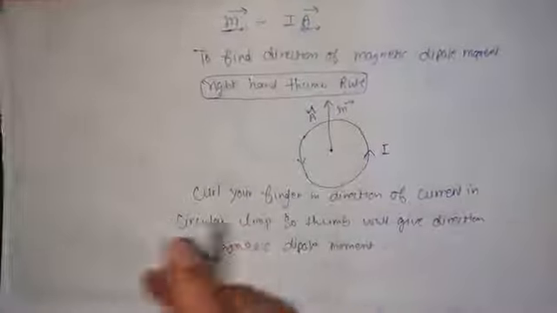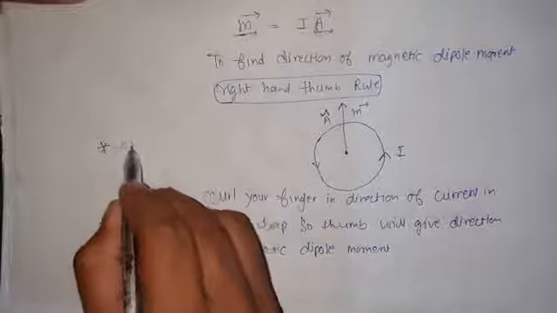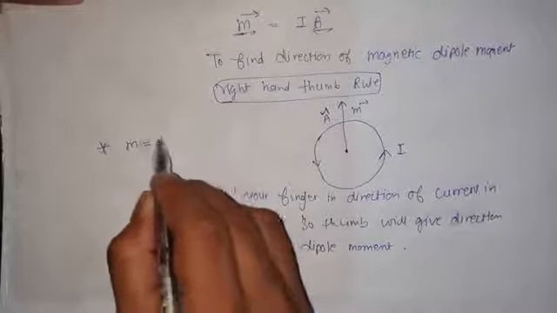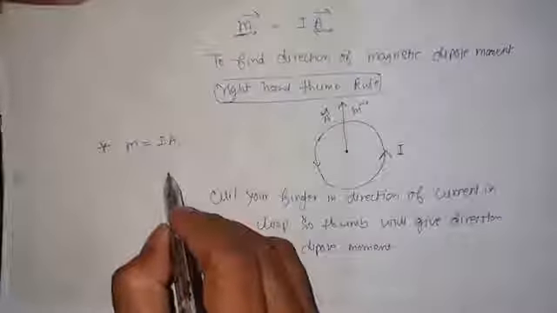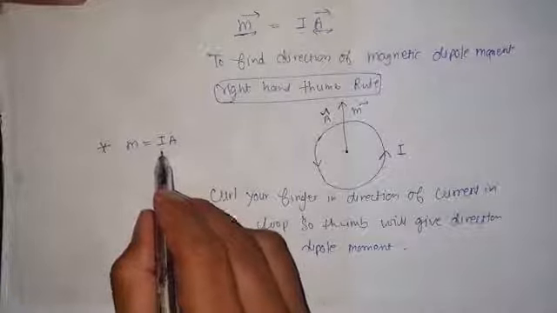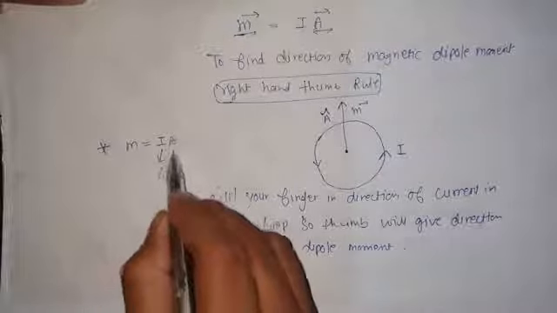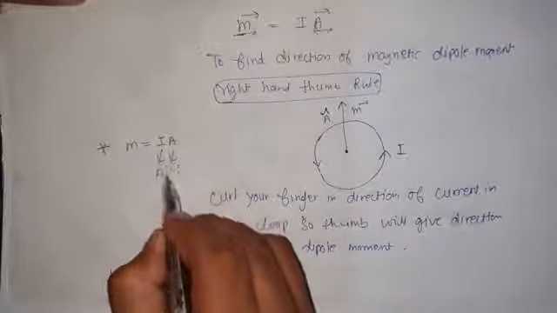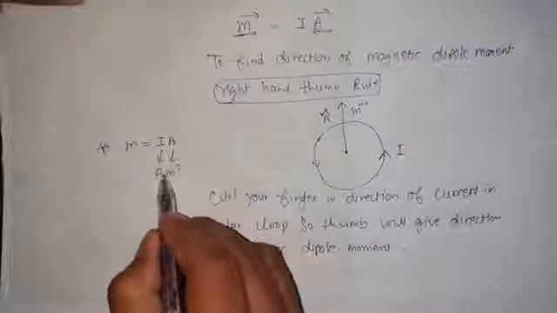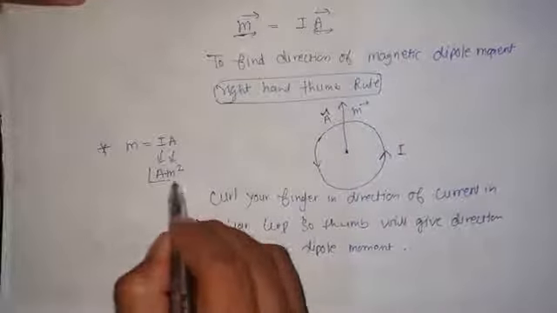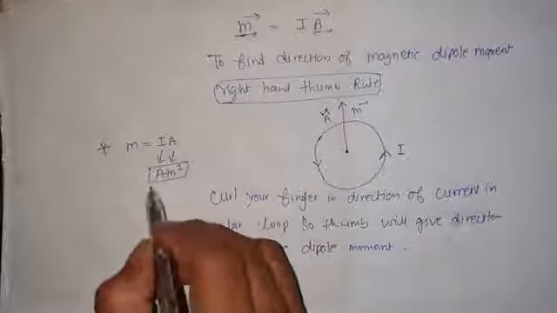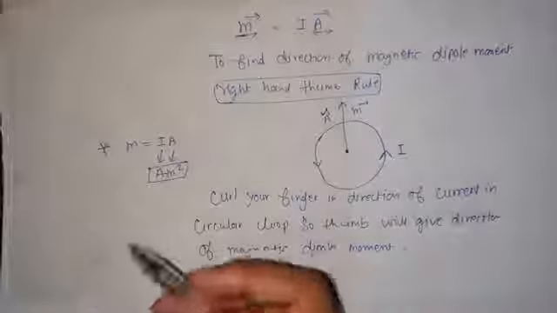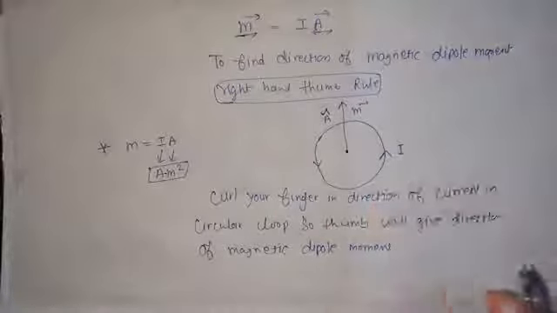And one last important thing, that it is regarding what unit we will use for its measurement. तो मैग्नेटिक डायपोल मोमेंट के लिए करंट हमारे पास एम्पियर में और एरिया हमारे पास मीटर स्क्वायर में, तो इसलिए हमारे पास बन गया जो एम्पियर मीटर स्क्वायर. ओके, this is the SI unit for this magnetic dipole moment.